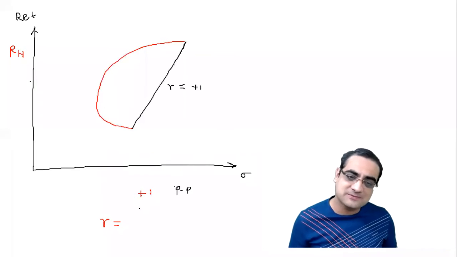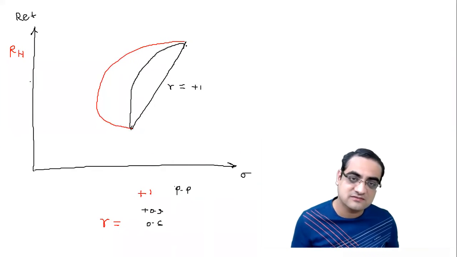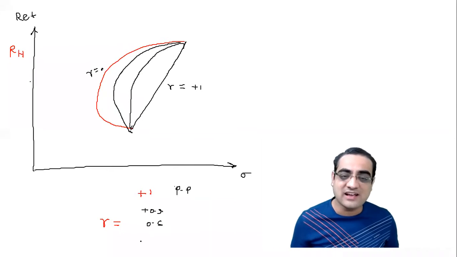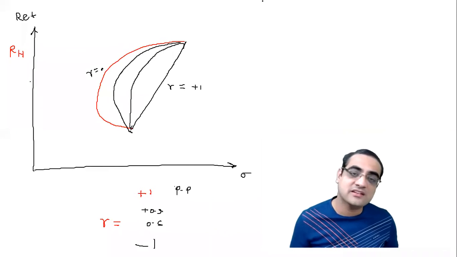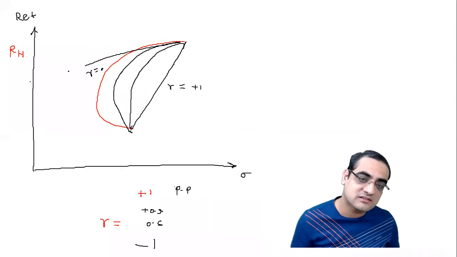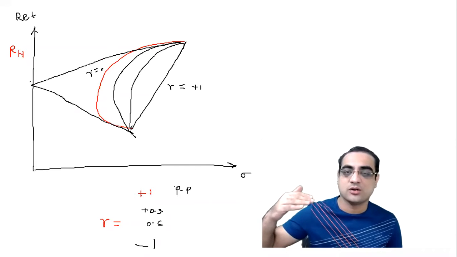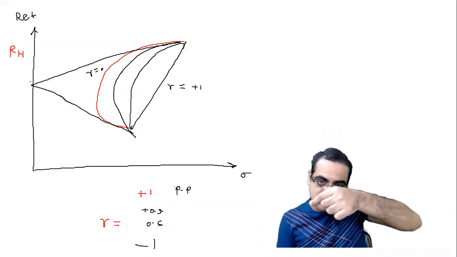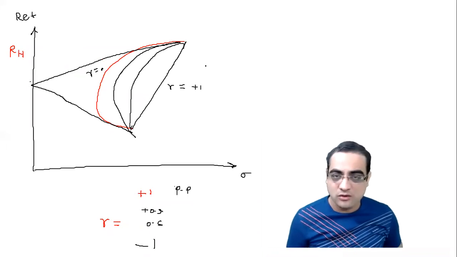Then as R becomes less positive, that is 0.9, 0.8, etc., the curve starts to bend inside like this. Even for R of 0, it is bending inside. And as R reaches its lowest value, which is -1, the graph becomes like this. So basically, as the correlation R becomes lower and lower, the curve goes inside, inside, inside. It's like a rubber band which you pull like this. As R becomes lower, the curve goes deep inside. All right, so this is what we are trying to plot on the Excel sheet.